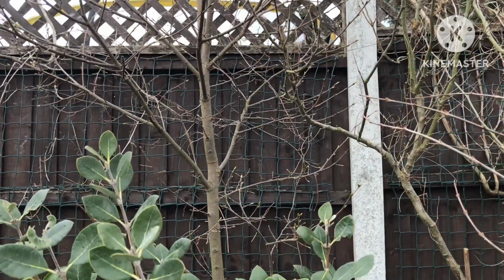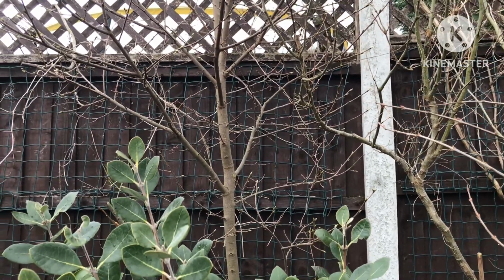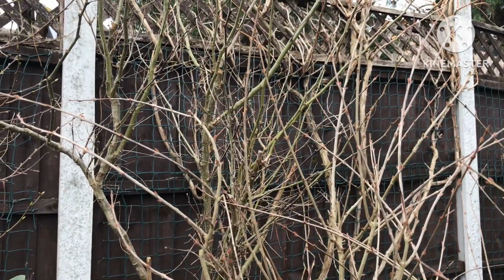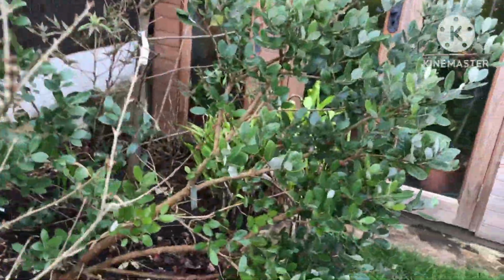As I mentioned in a previous video, I'm planning to cut that back hard this year and top work it and try to graft some varieties onto it, because it's pointless having a seedling persimmon. Next to it, my caesalpinia seems to have come through the winter fairly unscathed, so I'm hoping to see flowers on that this year. Moving along,